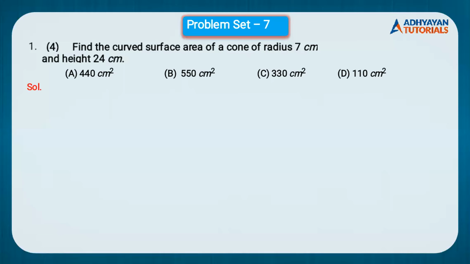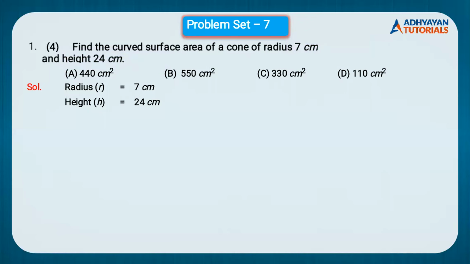So tell me, what is the given information in this sum? Yes, the given information says that for a cone, radius is given 7 centimeter. Is it clear to all of you? We have written it down. Radius we represent by small r, and height we represent by small h, is given 24 centimeter. Now this is about a cone. Radius is given to us, and perpendicular height, that is the straight height, 24 centimeter is given to us.